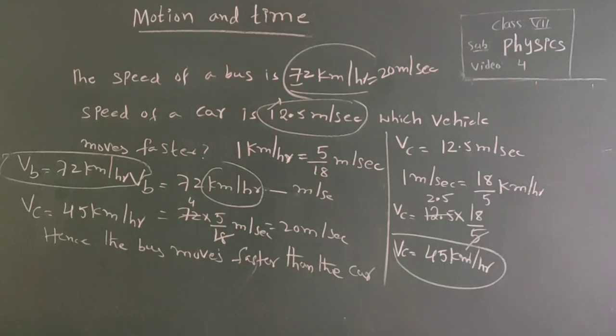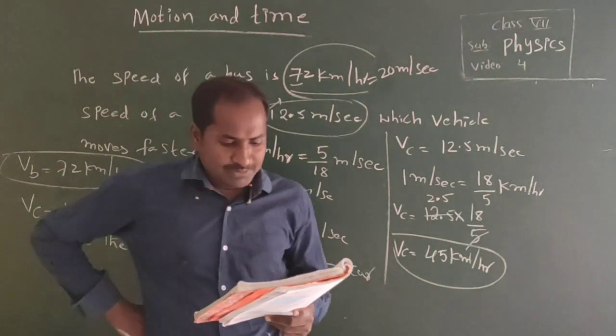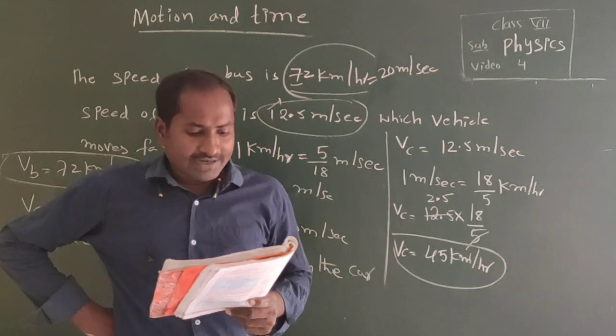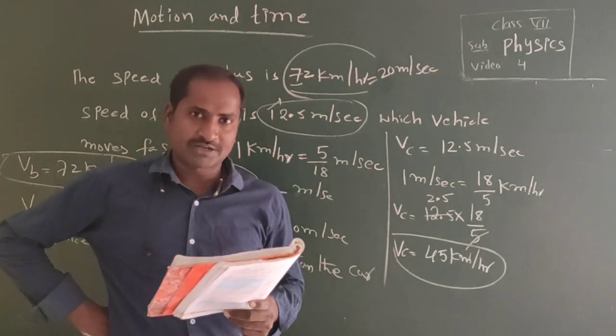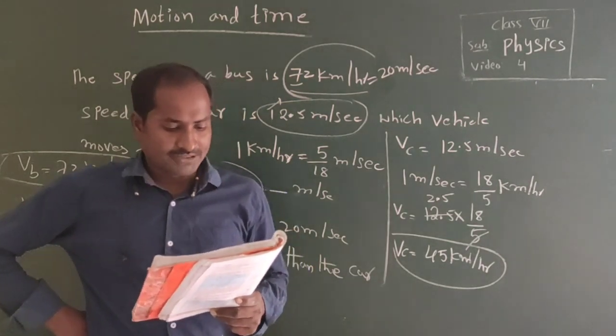Okay, next one. Important keywords are given: motion, rest, translatory motion, rotating motion, axis of rotation, oscillating motion, speed, average speed. What we have learned is also given. Motion is a common experience in our life. An object is said to be in motion if it changes its position with respect to surroundings and with respect to time also.